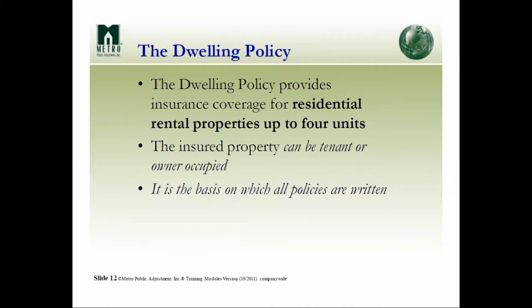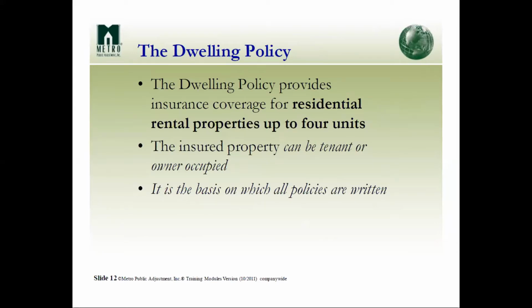The dwelling policy is for those properties where a tenant is occupying the property. There is no typical contents associated with a dwelling policy. It's for residential properties, typically up to 4 units, and the tenant can be occupying that property. If an owner is on the property, the owner can obtain a homeowner's policy on that property up to 4 units. If it's above that, even though the owner is occupying it, the dwelling policy or commercial policy needs to